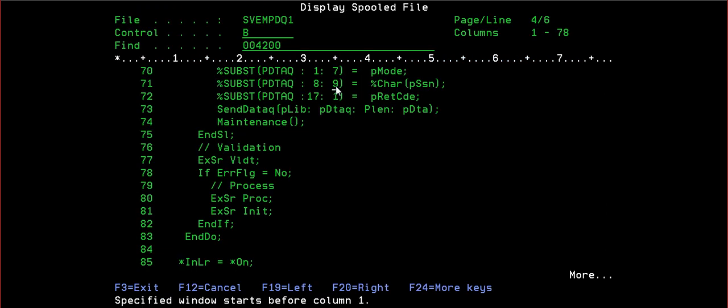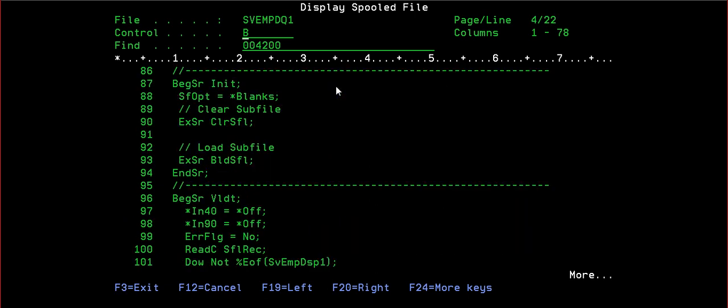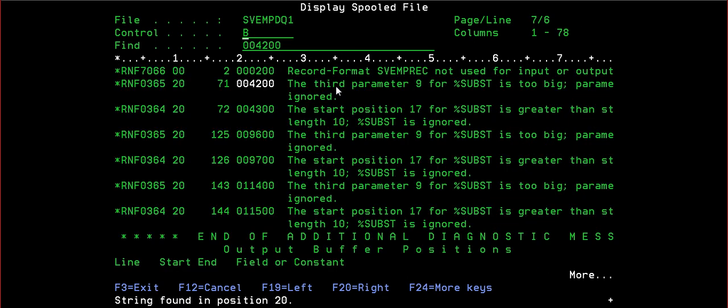Correct. How can I say? The start position 70 for substring is greater than length 10. How come length 10? The third parameter 9 for percentage is too big. Greater than string length.